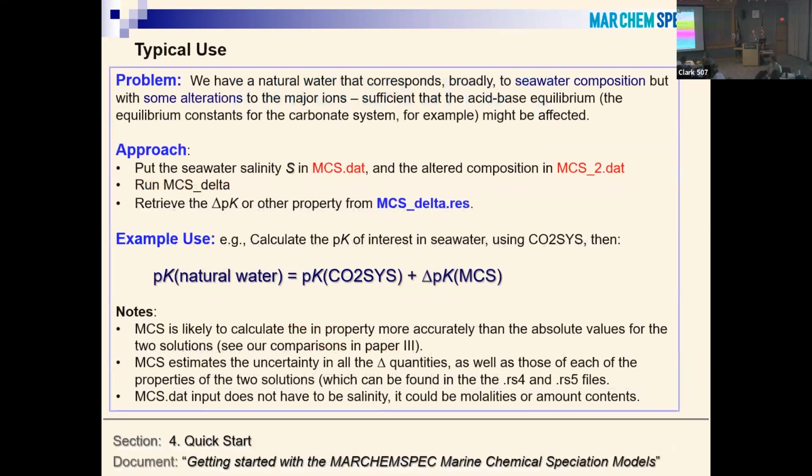So what's a typical use? Let's say we have a natural water that corresponds broadly to a seawater composition of some salinity, but with some alterations to the major ions, enough that we're concerned that the acid-base equilibrium, the equilibrium constants for the carbonate system, for example, might be different from what they are in a straightforward seawater. So the approach is to put the seawater salinity, our initial solution, in MCS.dat, and enter the altered composition in